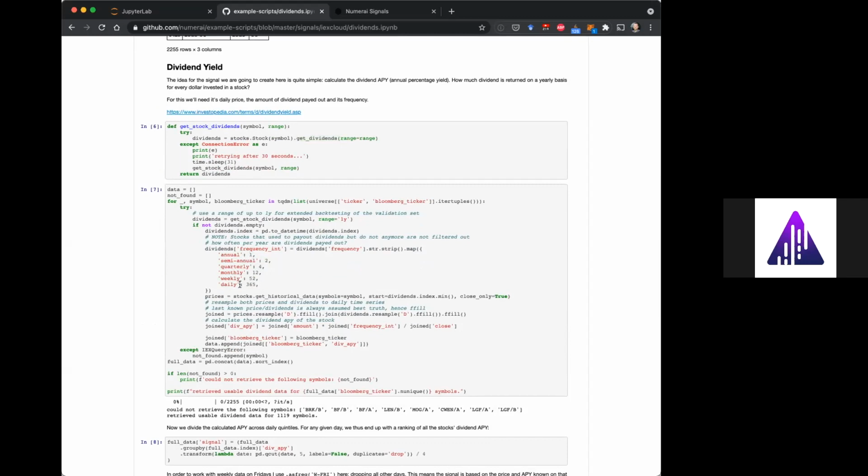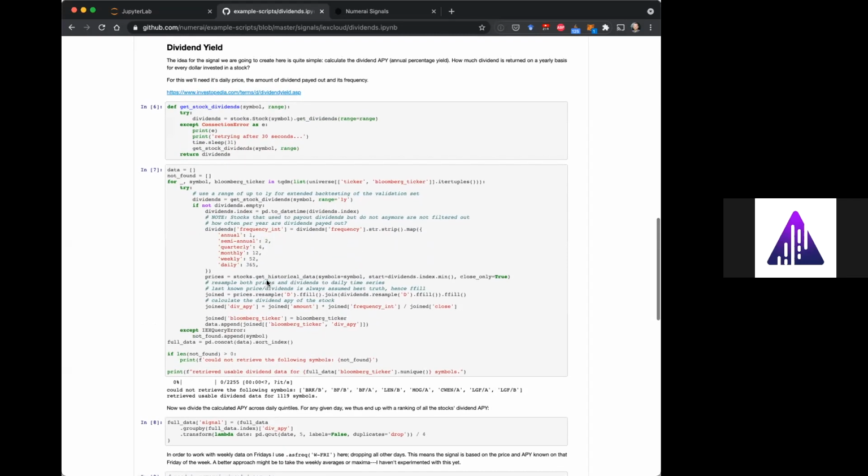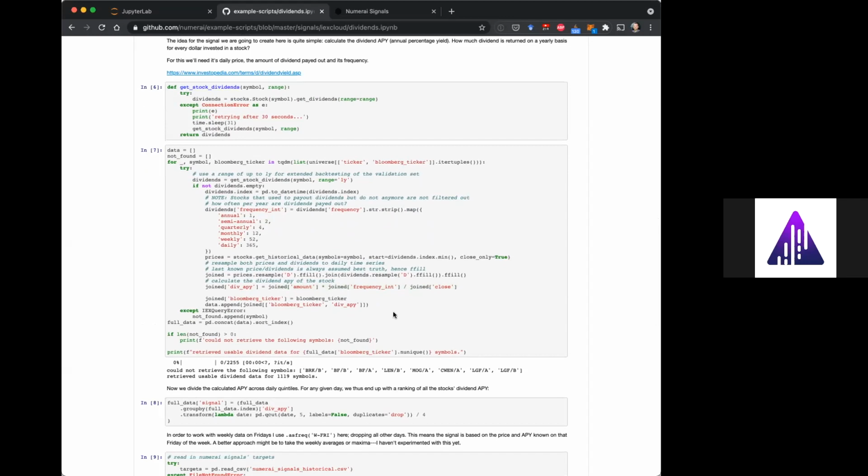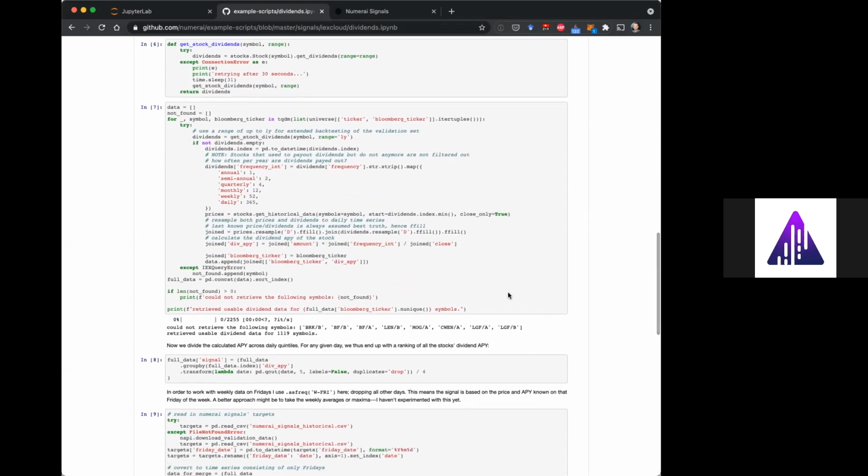I enumerate those and make sure that I'm able to calculate the dividends on a yearly basis. Here we take the amount, multiply by the frequency, and join it by the close price. And that's basically the signal. Just a little creative idea I had, and I just wanted to see how it did.